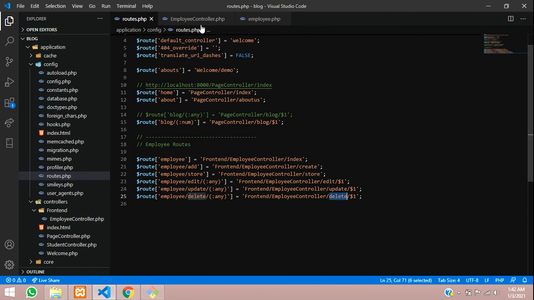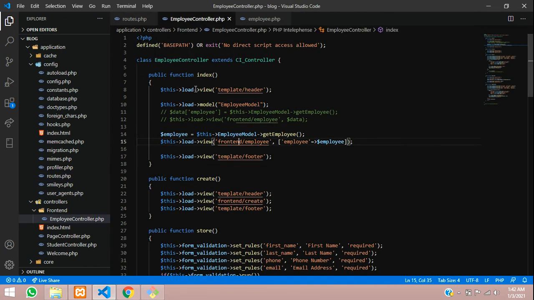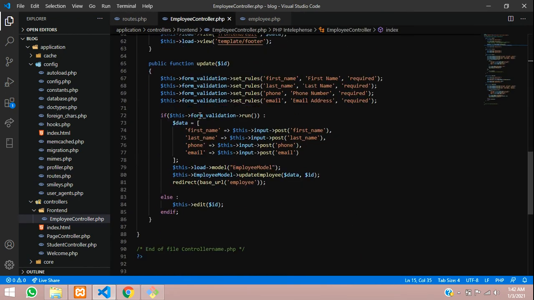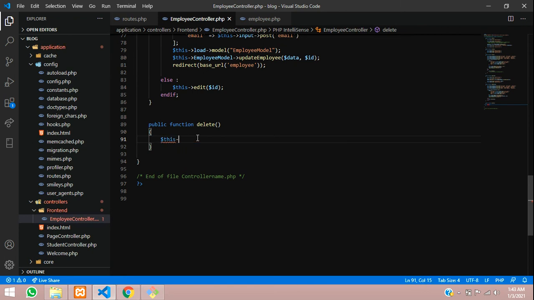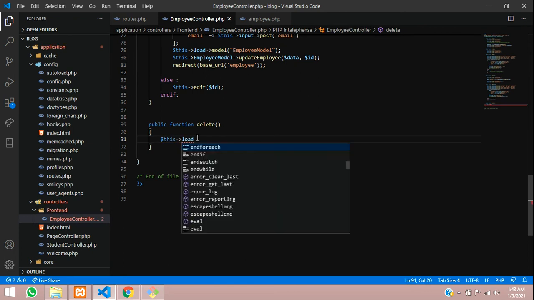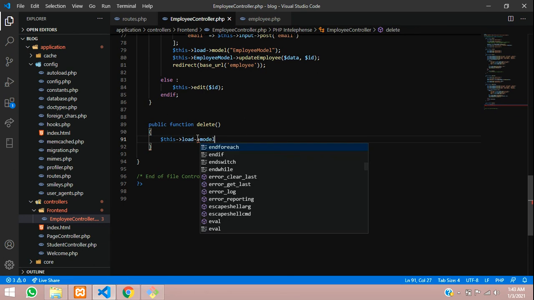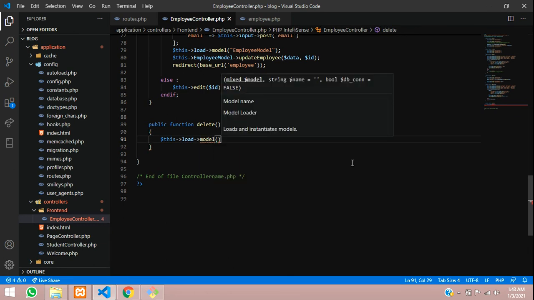We don't have a delete function in our employee controller. As you can see, there is no delete function. So let us create a function for deleting the data. Let's create a public function delete, and here you are going to start the query for it. Now we have to import a model first. So let's call $this->load->model, and here you call your model.